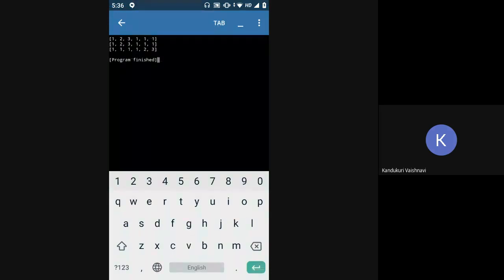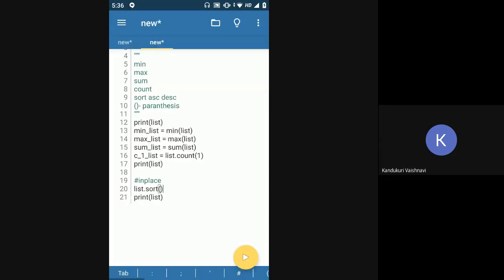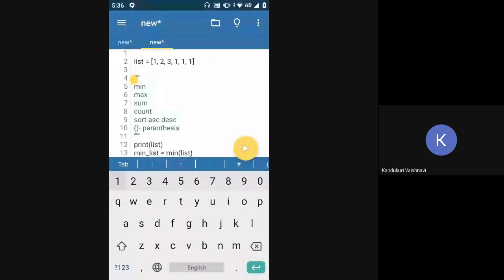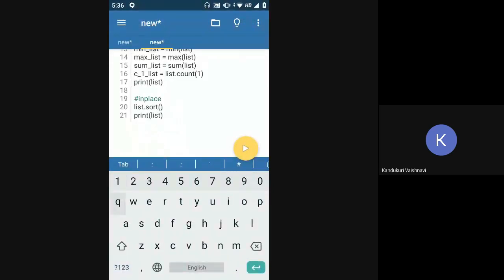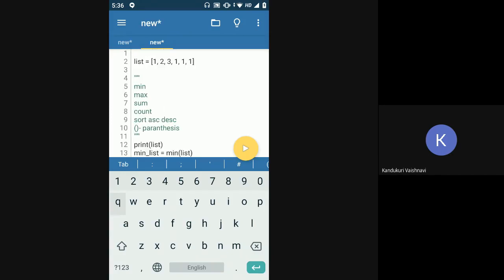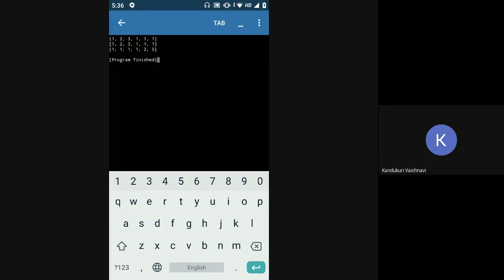Whatever was my main list got changed. Basically that sort has happened on the list itself and my original list got converted into this. So the elements have been replaced, right? Initially it was 1 2 3 1 1 1. Now it is 1 1 1 1 2 3. Clear?